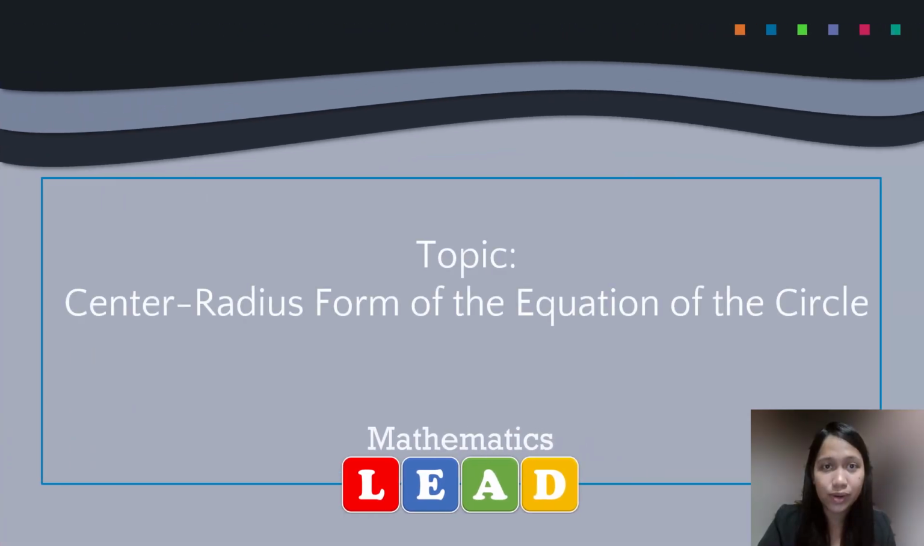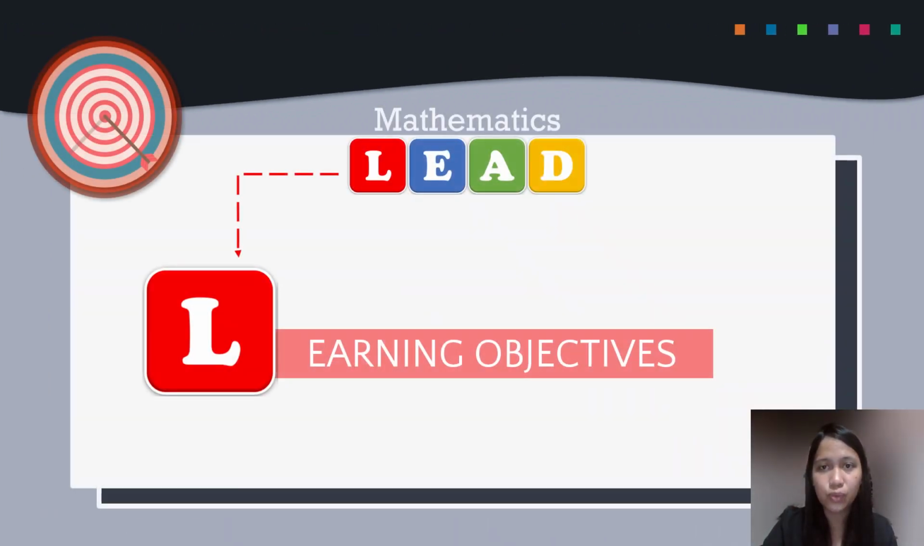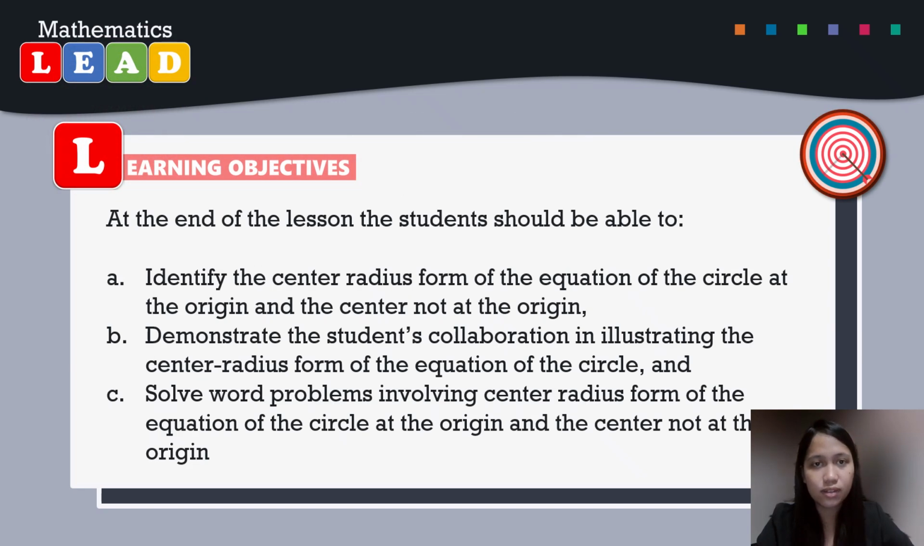Today, we are about to discuss one of the competencies in mathematics, which is to identify the center-radius form of the equation of the circle. Before we start, let us first determine the things that we need to achieve at the end of the lesson, or the learning objectives. At the end of the lesson, the students should be able to: